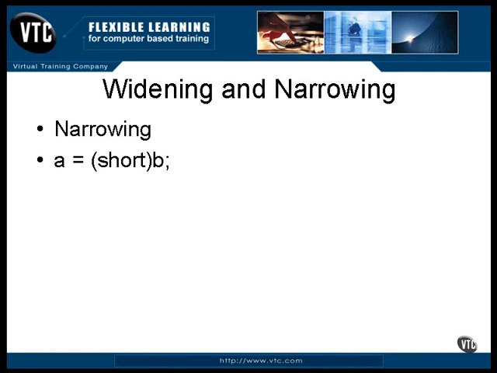You can always cast a value before you assign it, but it isn't always necessary. In this example, if B is a byte, there is no need to cast it before you assign it to a short variable because the compiler can tell that it will always fit. You don't always need to cast to bring about a conversion. For example, in this statement, if A is an int and B is a short, there's no need to cast because every possible value of B will fit into A. This is known as widening. There is no need for casting to widen a value.